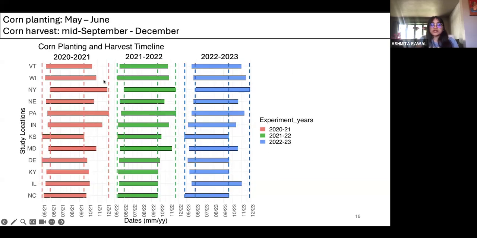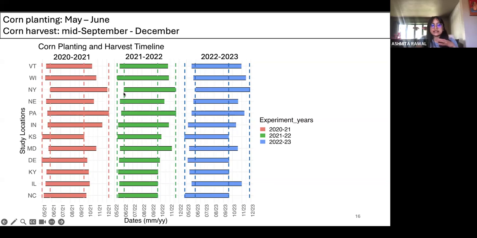And then after cover crops were terminated, corn was planted, ranging from May to June. Some sites like Kansas, Delaware, North Carolina planted earlier in May, compared to other sites like New York, Pennsylvania, Maryland. And then regarding harvest, which was done either using plot harvest or combine harvest, almost